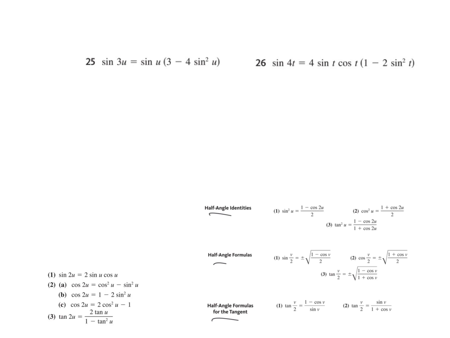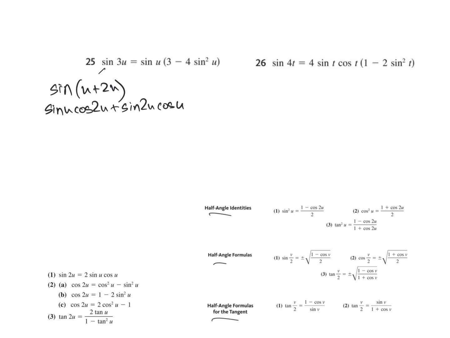Okay, so at first glance, sine of 3u is not very complex, but it really is. You could do the right side if you wanted to, but at the moment I'm not really sure what to do with the 3 minus the 4 sine squared of u. So I'm going to attack this from the left side again and just make this an addition formula of sine. So that's sine of u, cosine of 2u, plus sine of 2u, cosine of u. Okay, so now let's